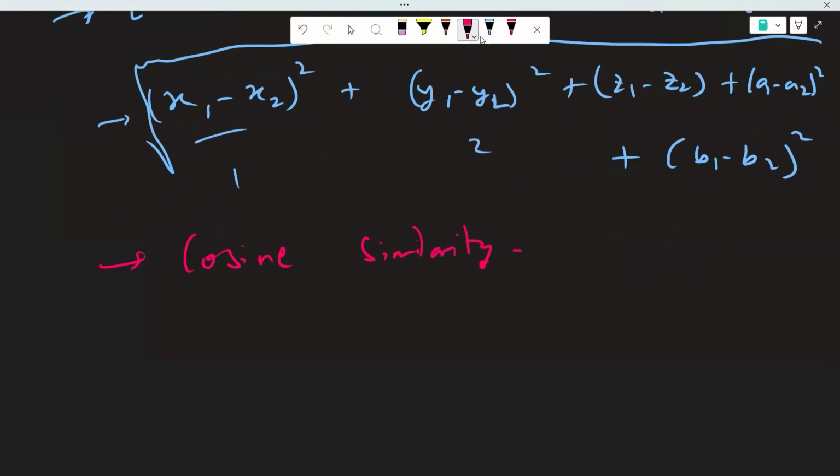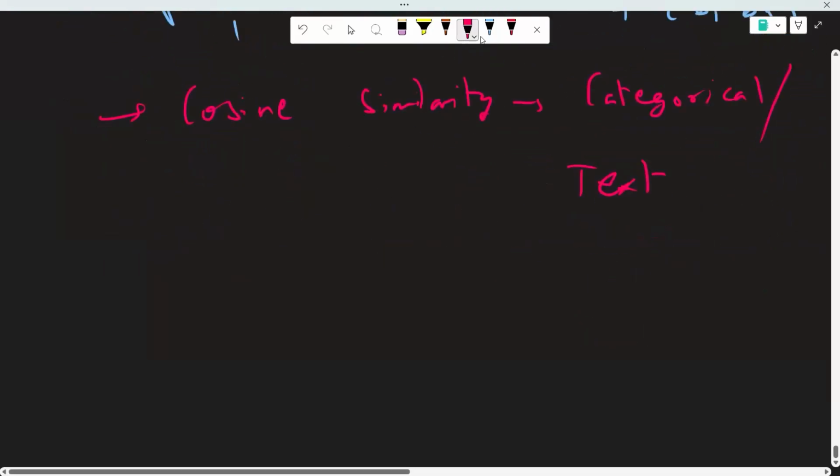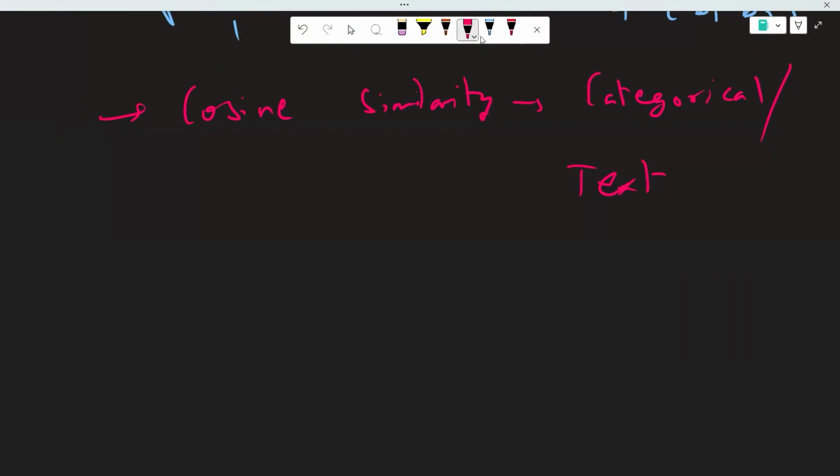Cosine similarity works very well for categorical or textual data. Obviously, it doesn't know that you have converted the text into numbers, but it is meant for scenarios where you have a high number of dimensions. Since text, whenever we convert it to numbers, will most probably have a high number of words as columns or dimensions, cosine similarity can be a very good choice.